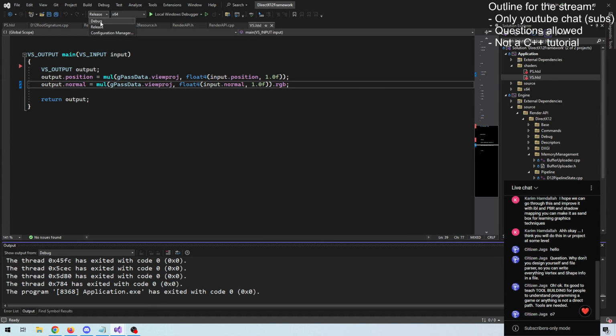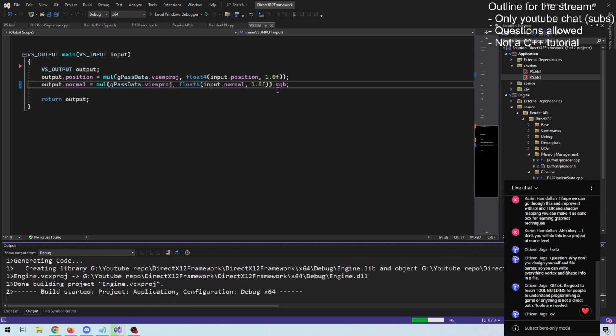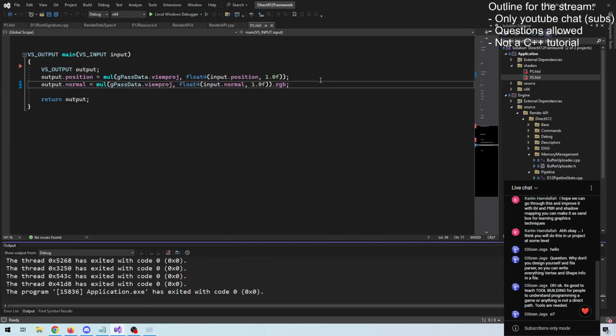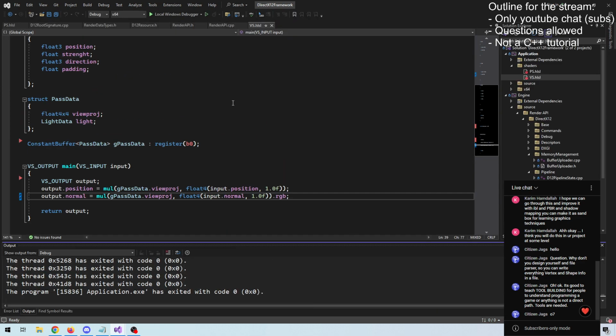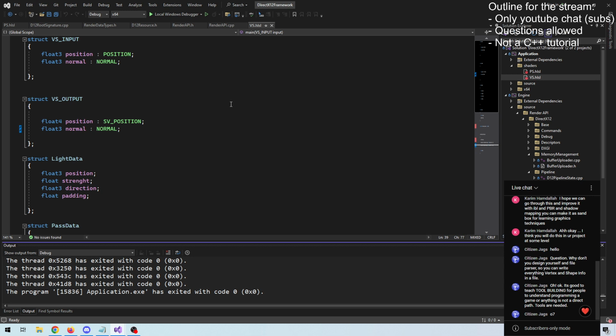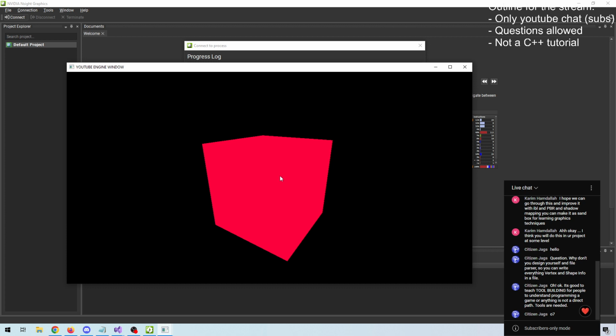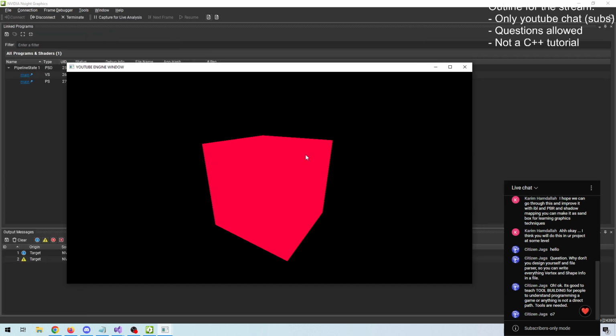Let me see in debug mode. All right, do we actually upload our normal data? Let's try looking at that. Okay, this has a different shading, of course, but